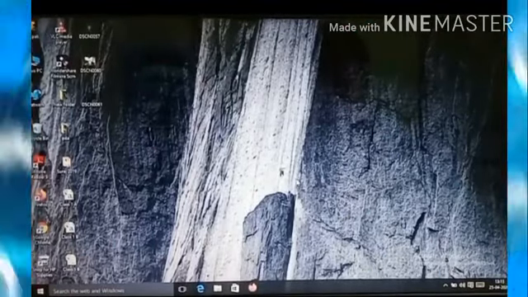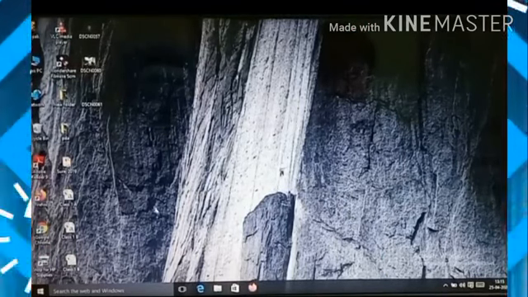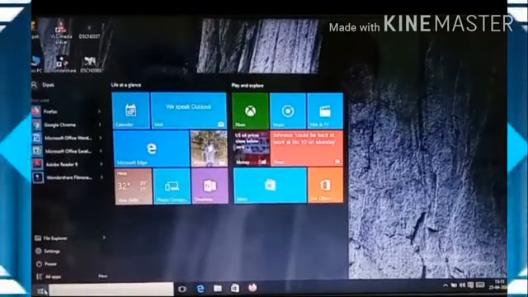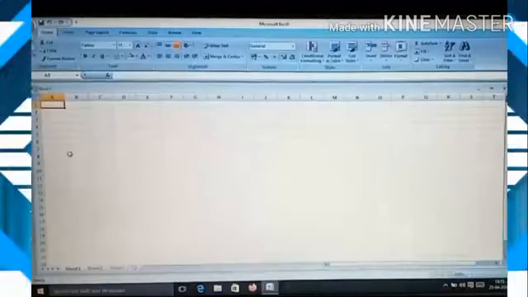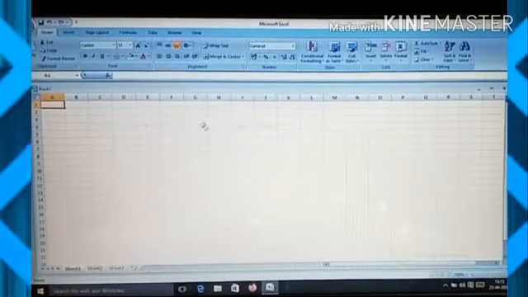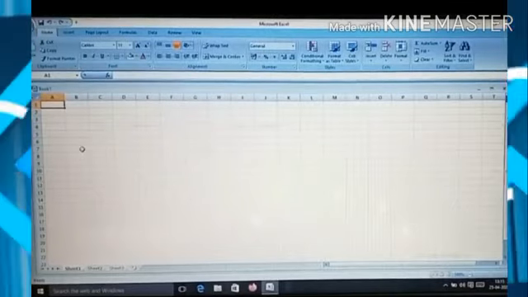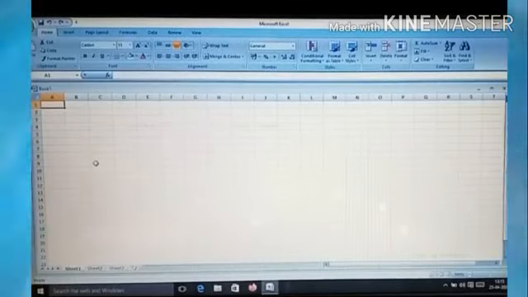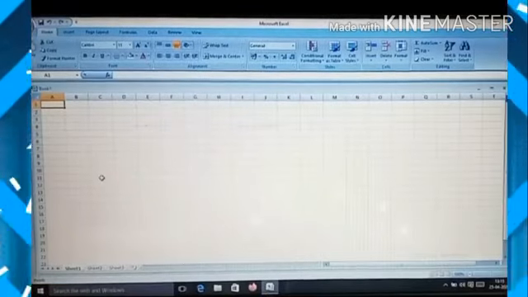Students, let us now learn on screen how to use charts in MS Excel. For that, first of all, we need to open MS Excel. Click on the Start button, select Microsoft Excel, and you can see the MS Excel window has been opened on the screen. What is the use of charts in MS Excel? First thing is you need to know the components of charts, and for that we need to create a table and present it in a chart.